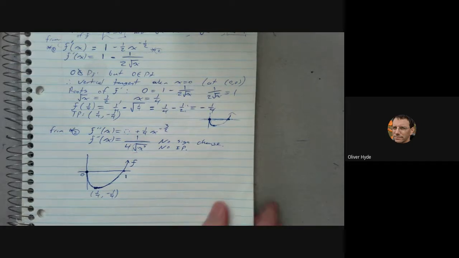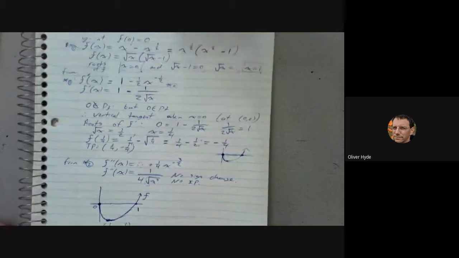Let's make it very clear there's an endpoint here. Make it very clear there's no endpoint here. Let's make it very clear that this is the point (1/4, -1/4). And let's make it very clear that this represents the infinite number of points in the set of ordered pairs that we call f by labeling it. And there you go. It doesn't need to be a complicated curve, but a full analysis will still take plenty